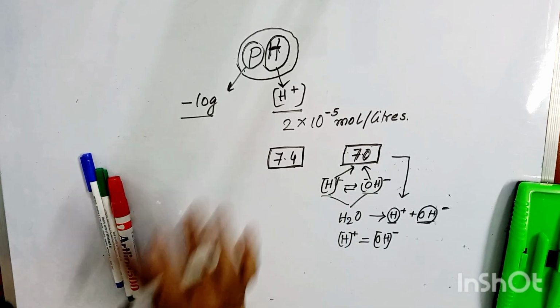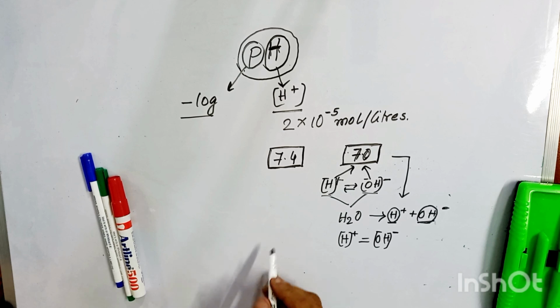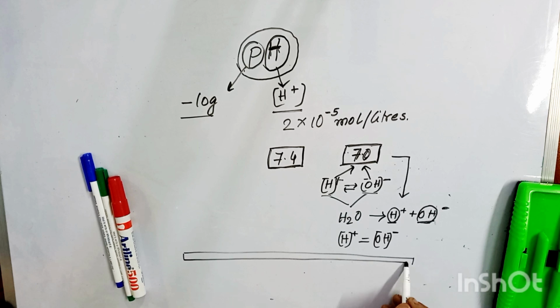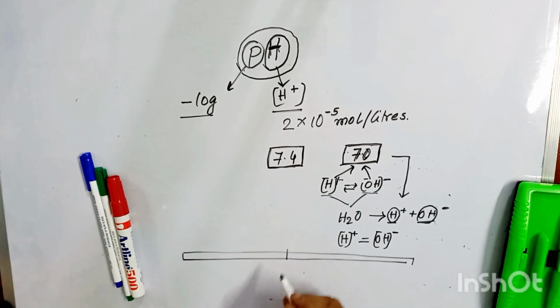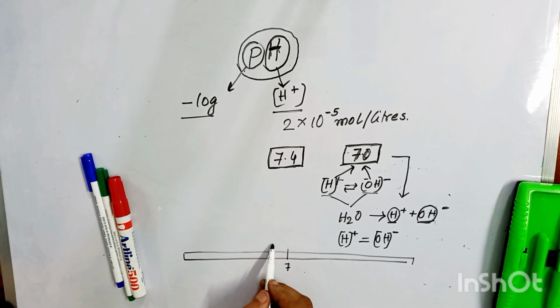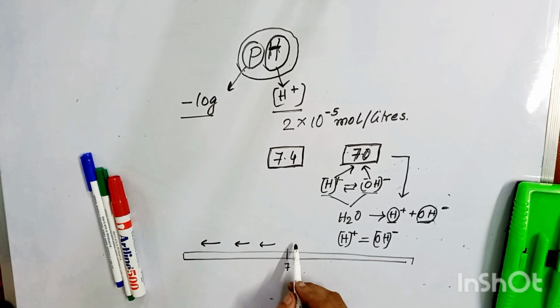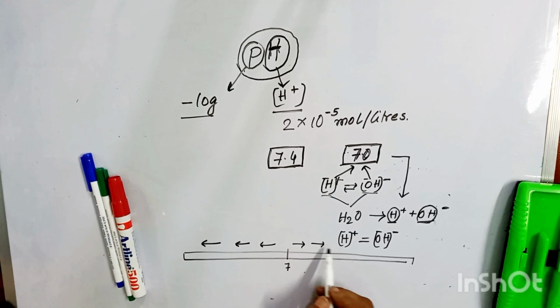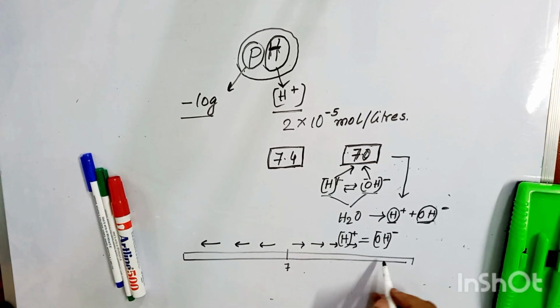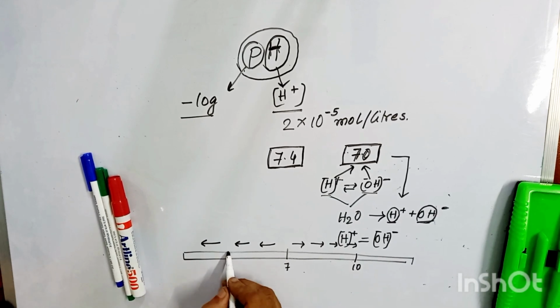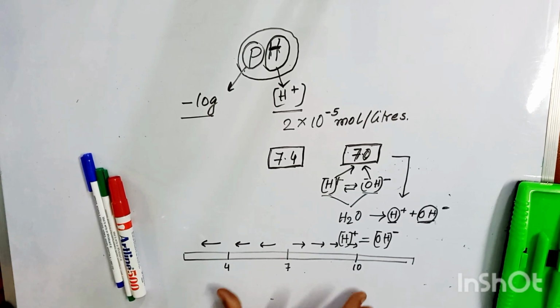So what is pH? pH is a kind of scale. Say this is a scale. If I draw a scale and say that the pH here is 7, these are the values that go to one side of the scale and these are the values which go to the other side. Say a value of 10 on the positive side, and a value of 4 on the negative side of the scale. So these two pH values, 4 and 10,